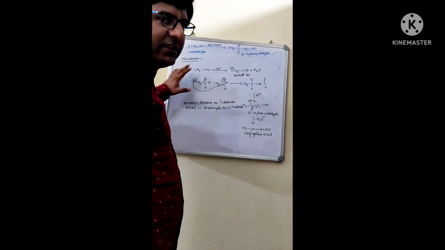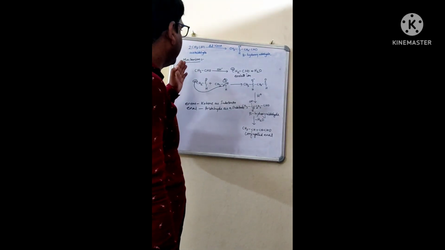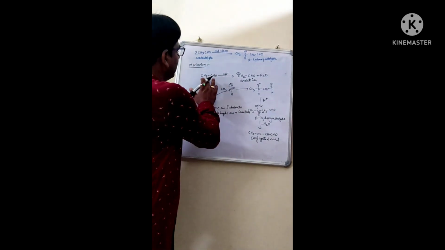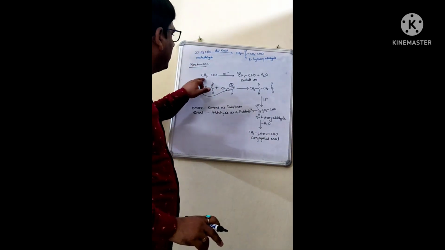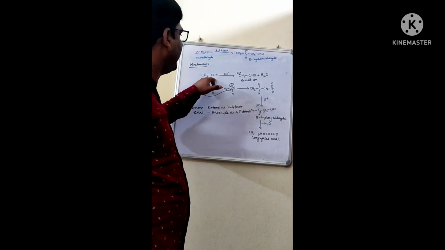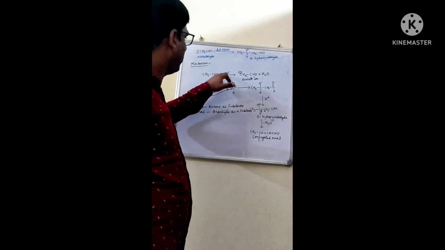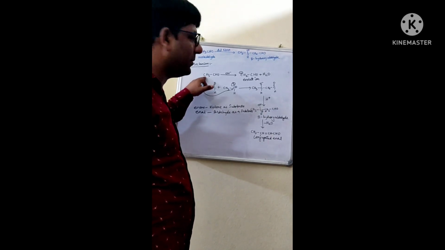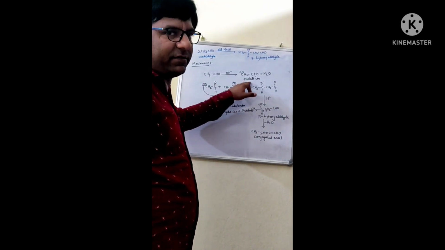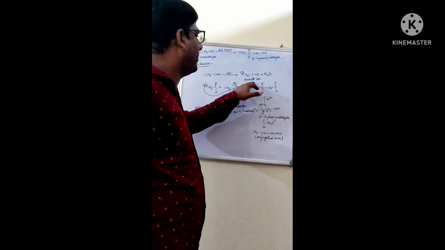Hope you have understood this mechanism of this aldol condensation. It's very simple. Let us summarize this. First you have to take one molecule of aldehyde, right? Treat with the base, that is OH minus. The role of this base is to abstract the alpha hydrogen. One alpha hydrogen will be removed from this carbon. You will get this carbanion, that we are calling an enolate ion.